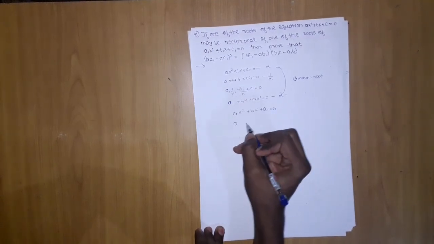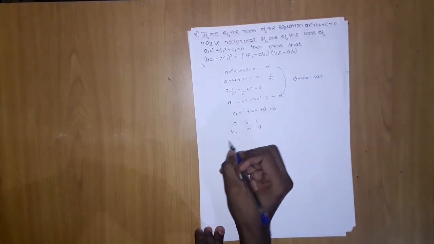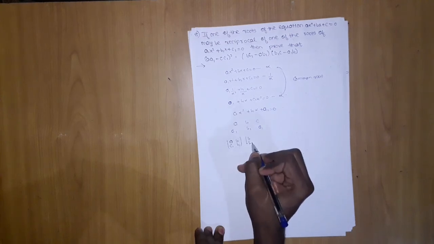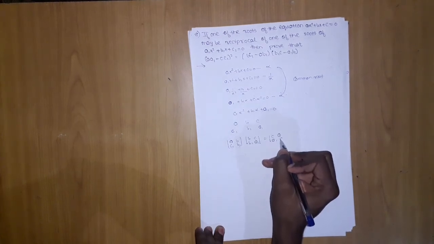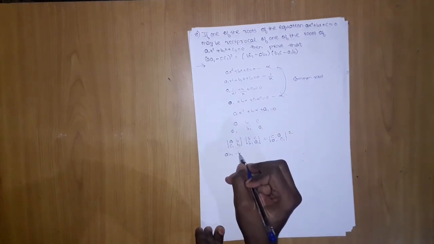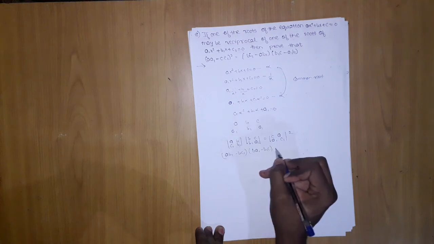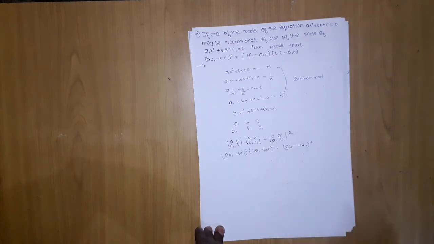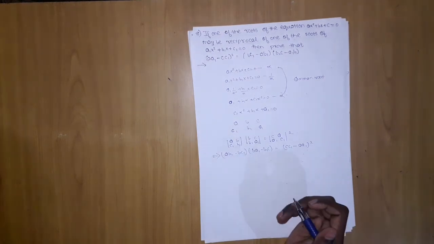Now let's apply the condition with a, b, c and c1, b1, a1: b, b1, c, a1, c, a1, a, c1 the whole square, and this will give (a b1 minus b c1) into (b a1 minus b1 c) equal to (c c1 minus a a1) the whole square. Okay, this is the required thing which has been asked in question number 8. So we are done with question number 8.